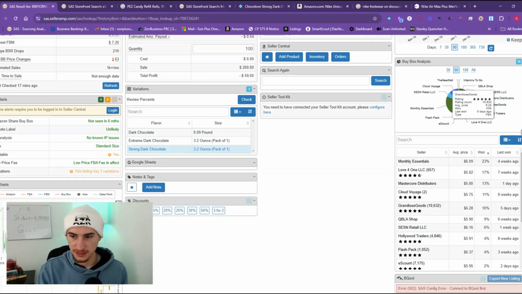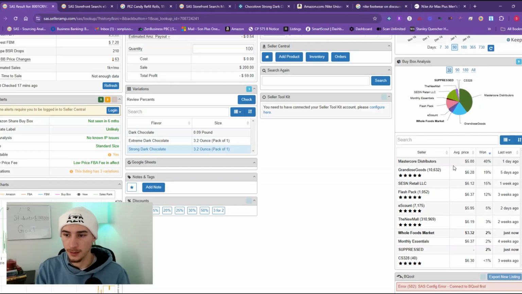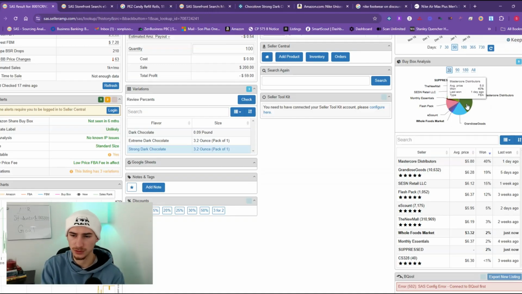The buy box analysis is going to show you a pie of all of the sellers on this over the last average 90, 30, 180, and then all time. This is just going to give you a good example of how this product is being shared when it's selling. For example, in the last 30 days, the average share is looking fairly good. One guy is taking about 40%, Master Core Distributors,